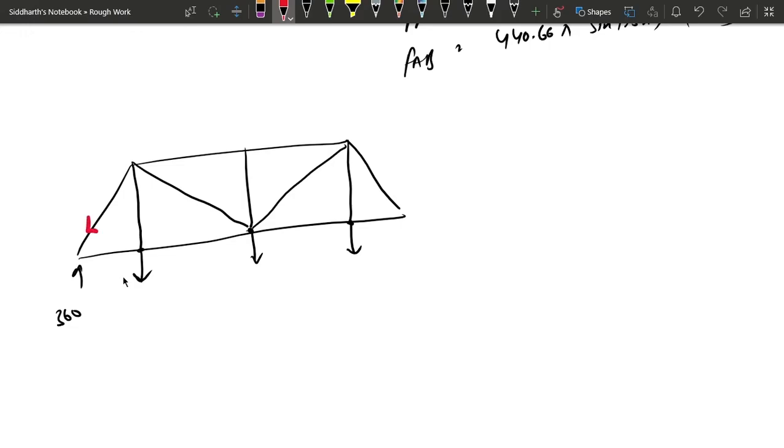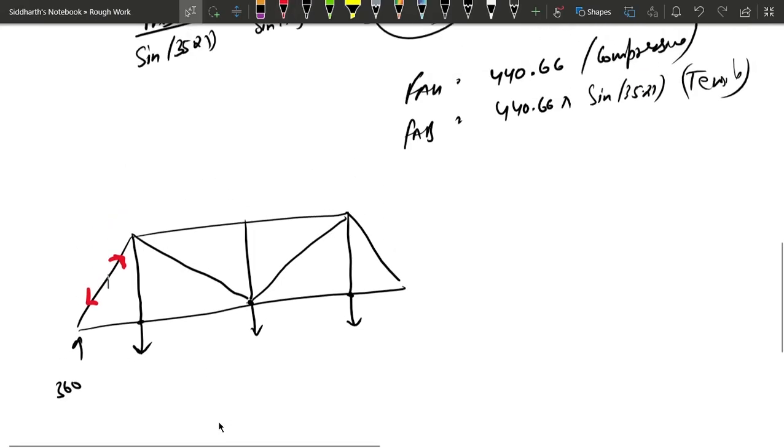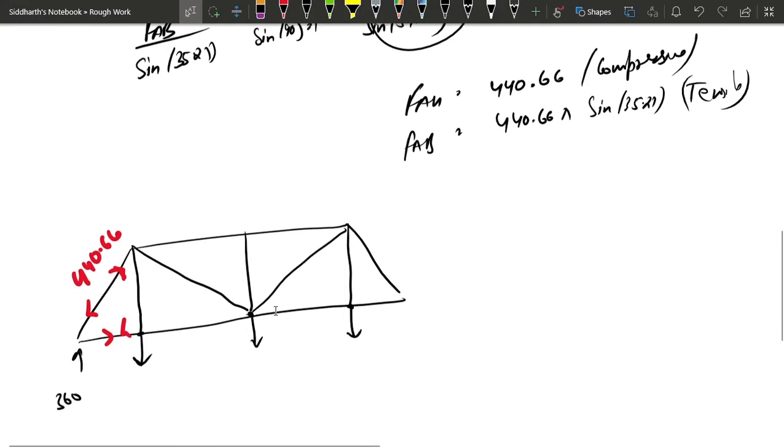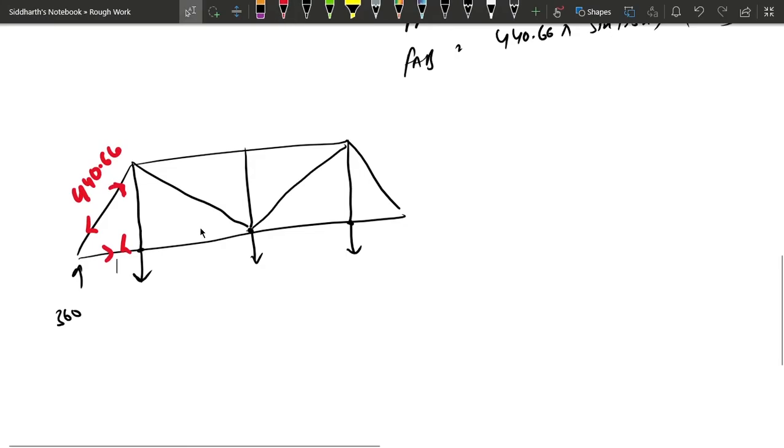compressive, so you can mark this as compressive force, and then write the value also, which is coming out to be 440.66, and then we know this is tensile, and then we can also mark the value here as